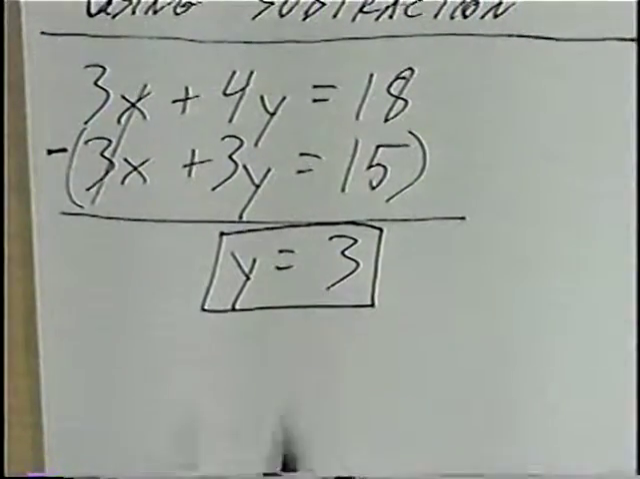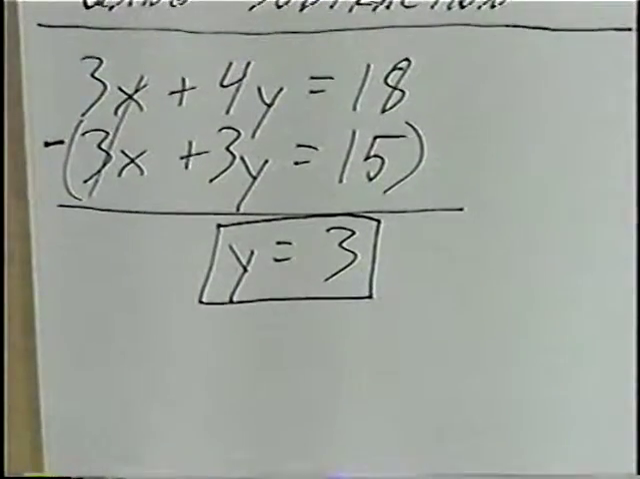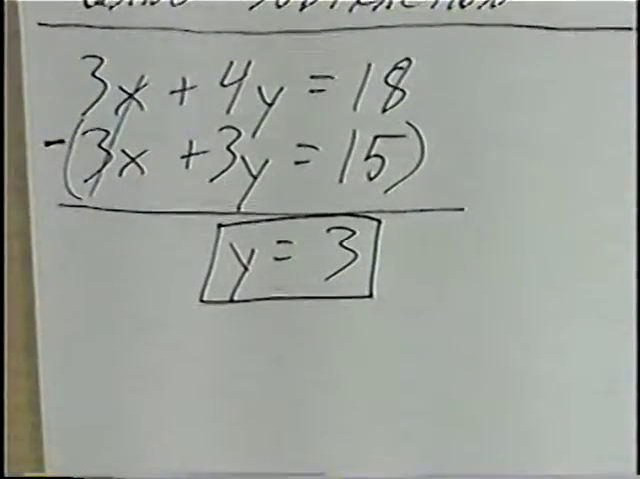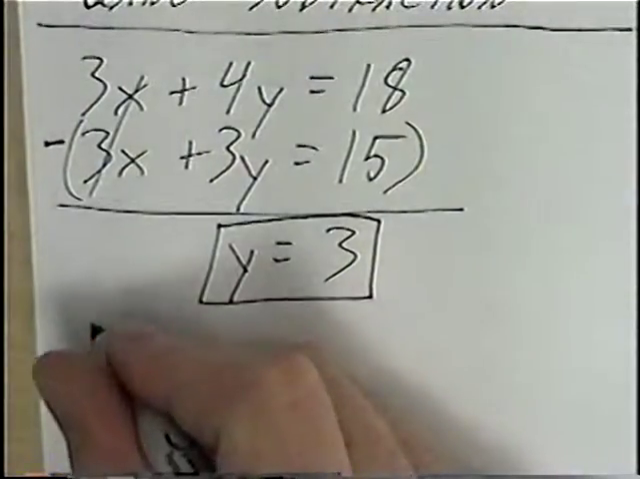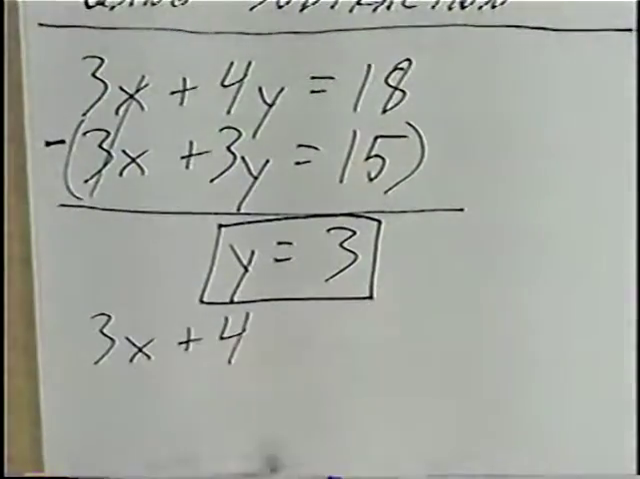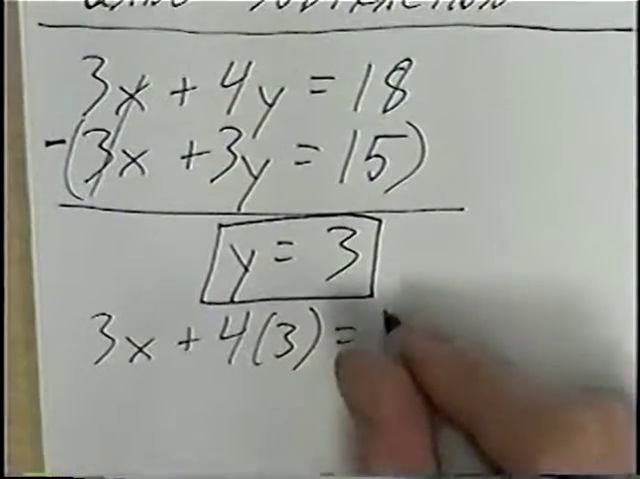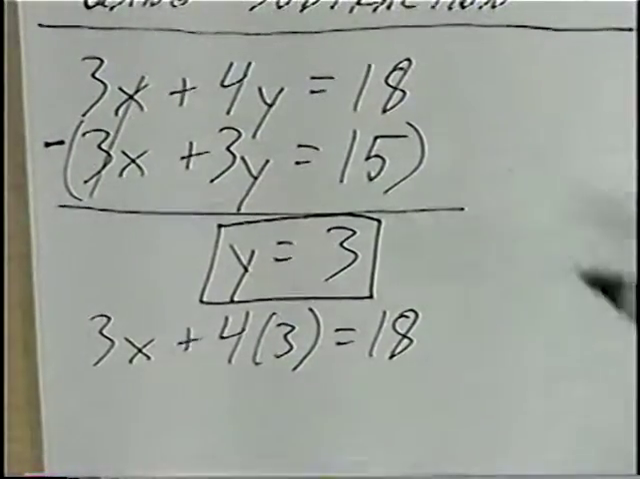Keep in mind we want to solve for two answers. Y equals 3, now we want to solve for x. To solve for x, you can take either of the first two original equations and we'll plug a 3 in for the y. If we rewrite the first equation, 3x plus 4y, but instead of y, we can plug a 3 in, equals 18. So again, taking the first equation,